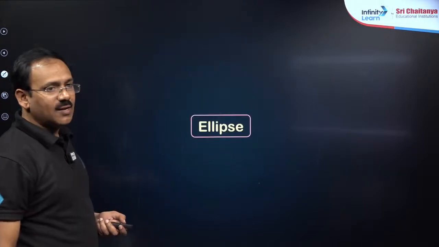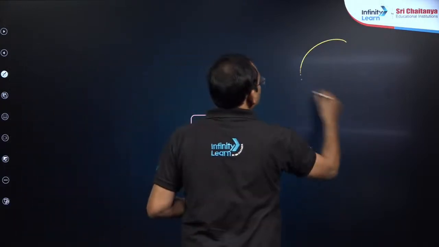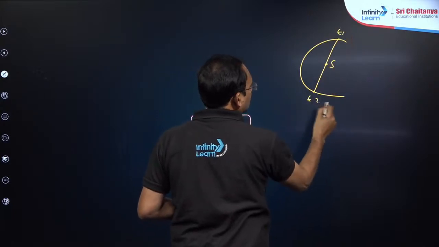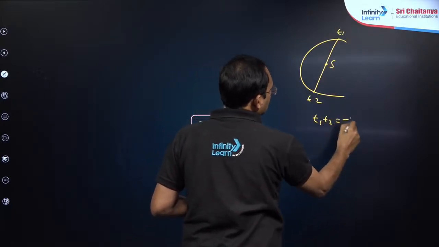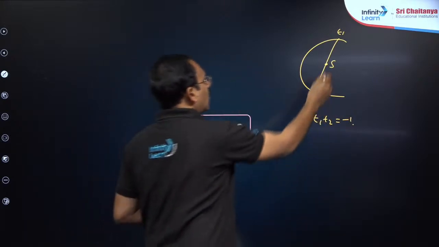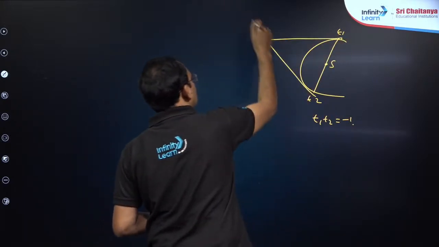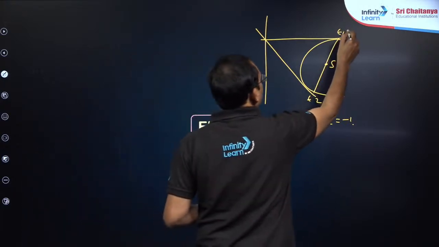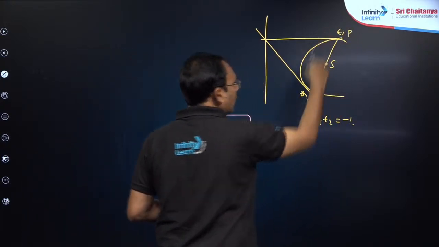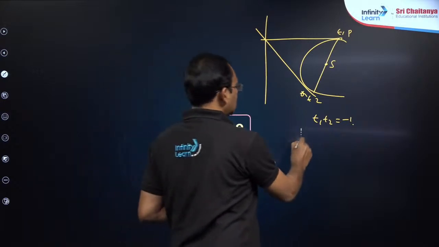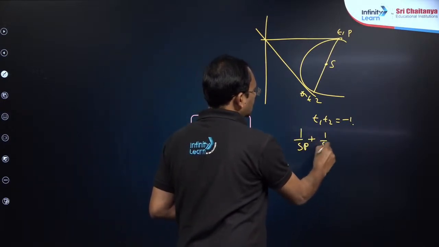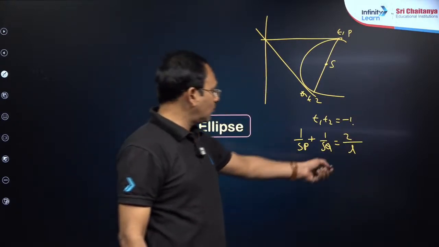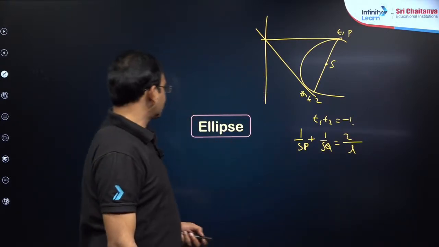Most importantly in parabola, if a focal chord is given as t1, t2, the condition is t1 t2 is equal to minus 1. The tangents drawn at the end points of t1, t2 intersect on the directrix. And in any conic, if PQ is a focal chord through S, the result is 1 by SP plus 1 by SQ is equal to 2 by L, where L is the semi-latus rectum, here 2a, so that you will get 1 by a.